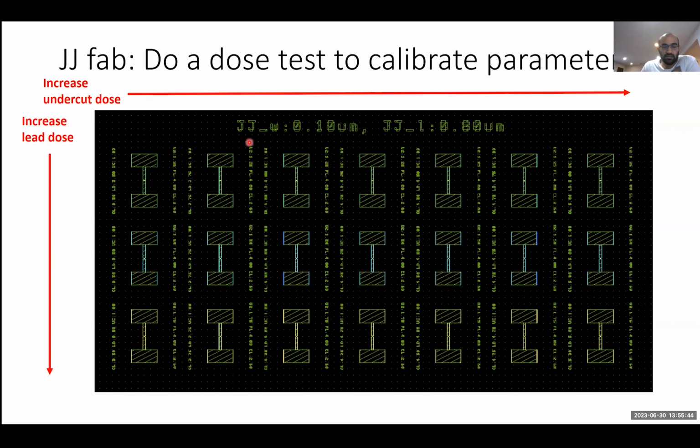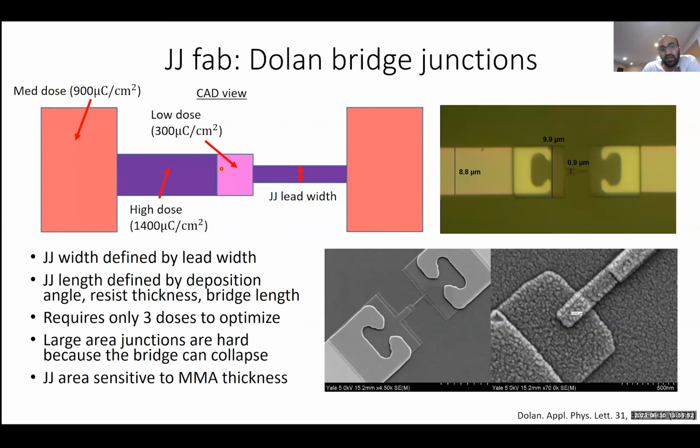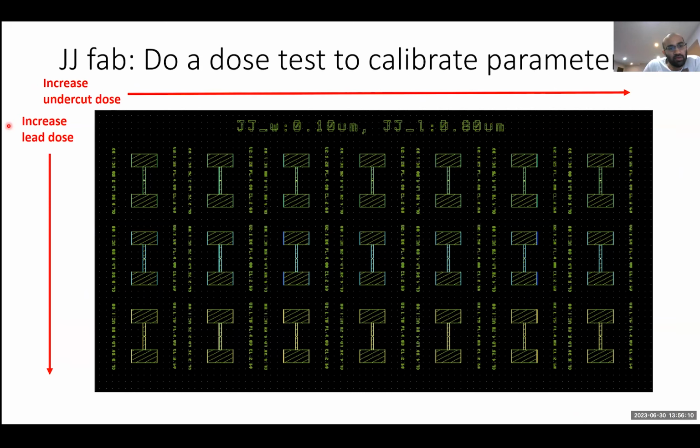So yes, you want to do a dose test in order to calibrate how much dose you actually need. These are the doses that I use, but they are very specific and can change depending on the choice of substrate, the thickness of resist, and basically all those parameters. So to calibrate that, you make a dose array where you vary the dose along each axis of the array. Once you make all these junctions, you can probe them and search for a range in which you have a stable, repeatable